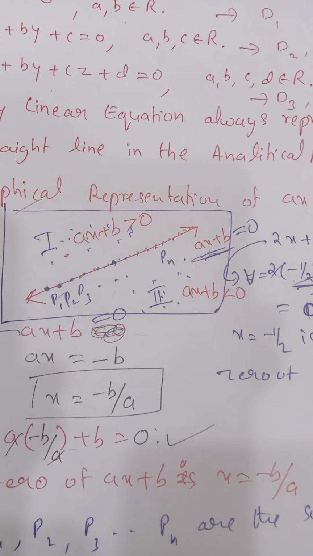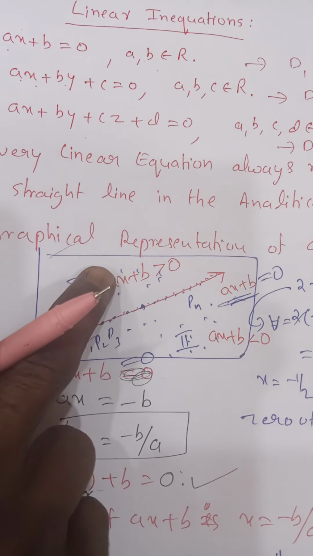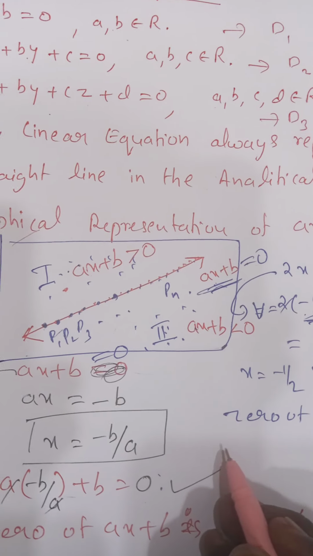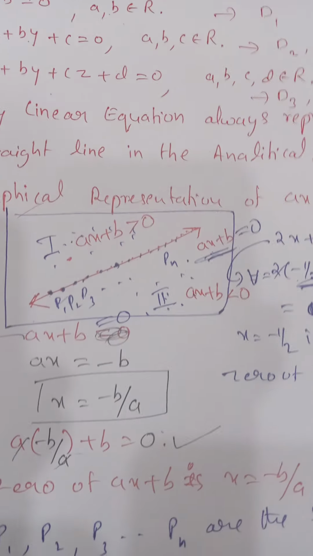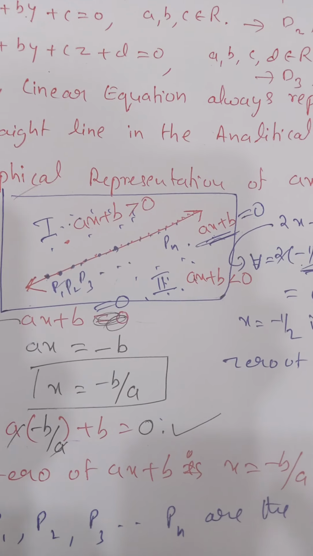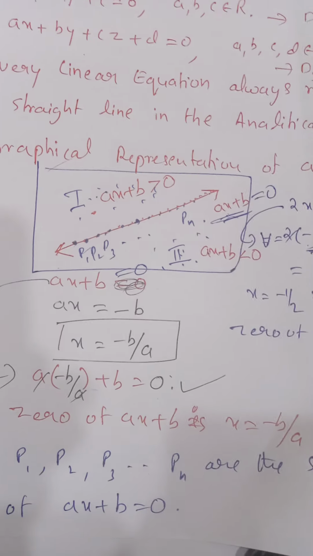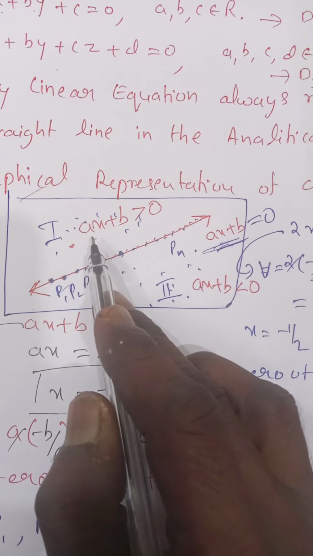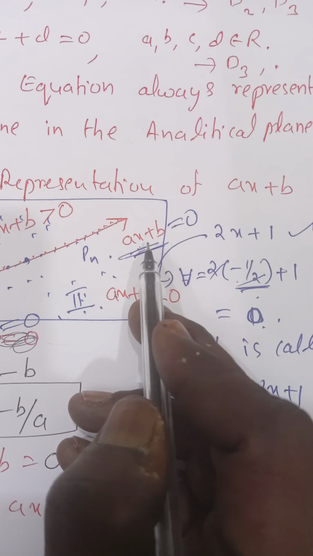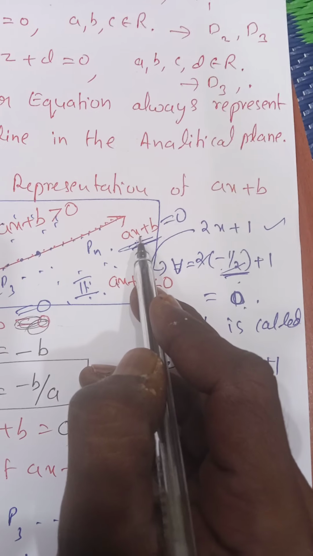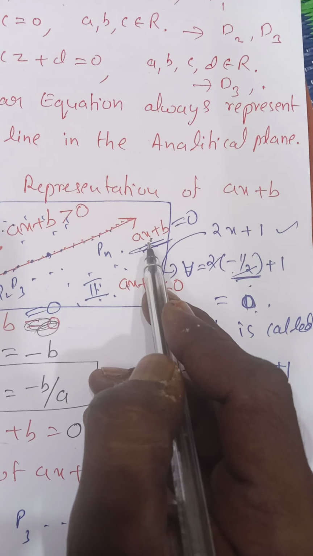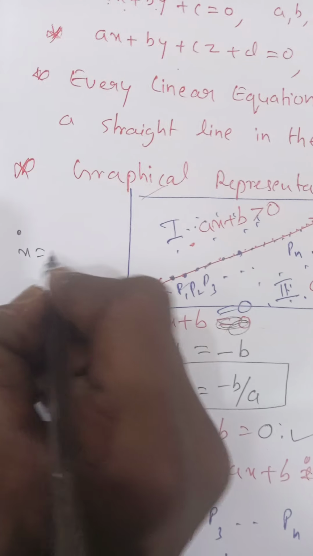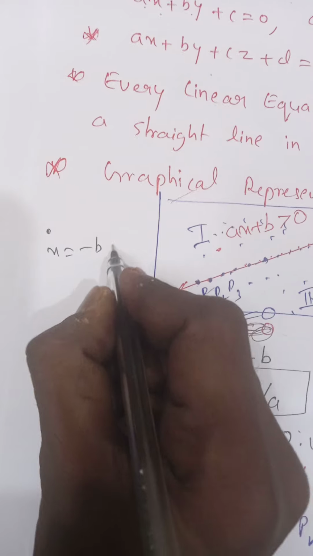We can consider which solution these linear inequations contain by considering an example. So let us consider one example here. Before drawing the graph, you need to remember that this linear equation is in a single variable. If I draw it in a one dimensional plane, it always represents a point. That point will come at x equal to minus b by a on the number line.